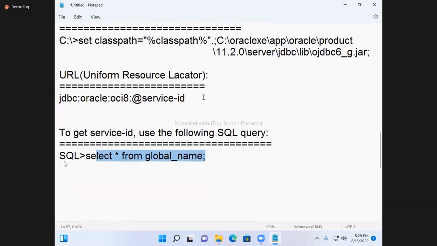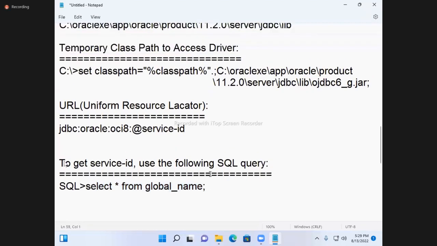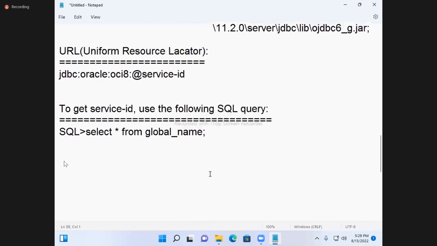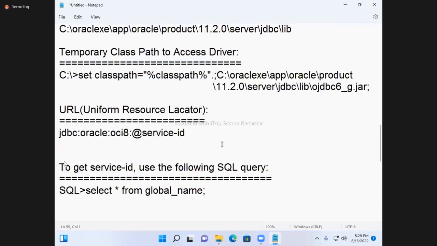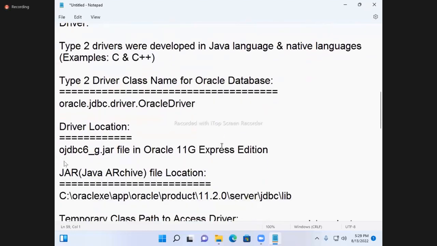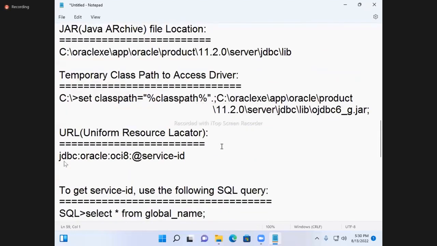And now with this type 2 driver, what will the type 2 driver do? What is the type 2 driver functionality? Type 2 driver advantages, type 2 driver disadvantages, type 2 driver program also. Program also I'll teach. First a program I'll teach, after that the remaining I'll teach. Say, if you want to write a type 2 driver program,